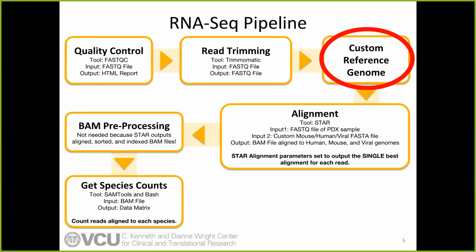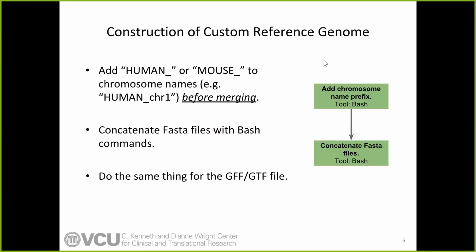So here is the modified RNA-Seq pipeline that I did to answer this question. First we did quality control, and then I did some read trimming. And then before I did alignment, I manually created a custom reference genome. How I did this is I took the human genome FASTA file. It's just a text file; you can open it up in a text editor. But I used bash scripting on the command line to insert the prefix human or mouse before each of the